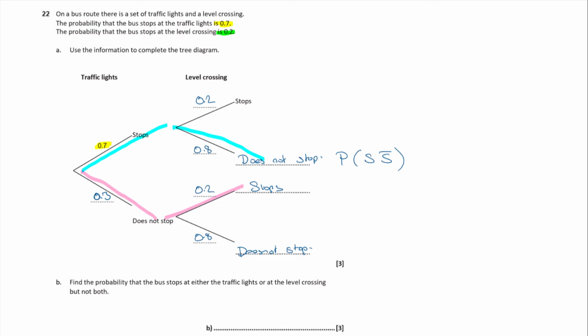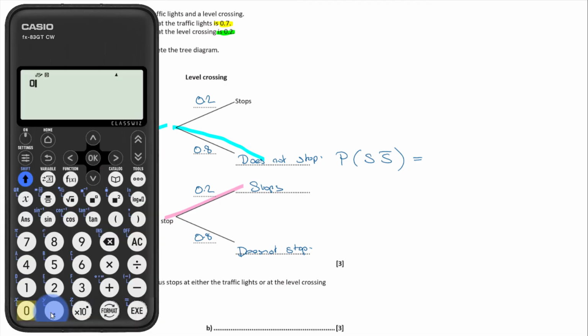Okay, so what's the probability of stop doesn't stop? I put a little bar on the top of a letter to show that it is the opposite of what that letter should represent. So if S is stops, then S bar is going to be not stops. So what's the probability of stop not stop? It's the blue route, so all the numbers on the blue route multiplied together. So 0.7 times 0.8,